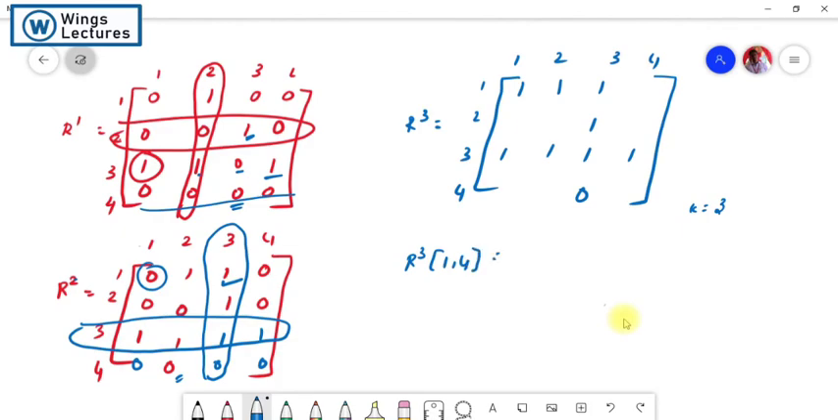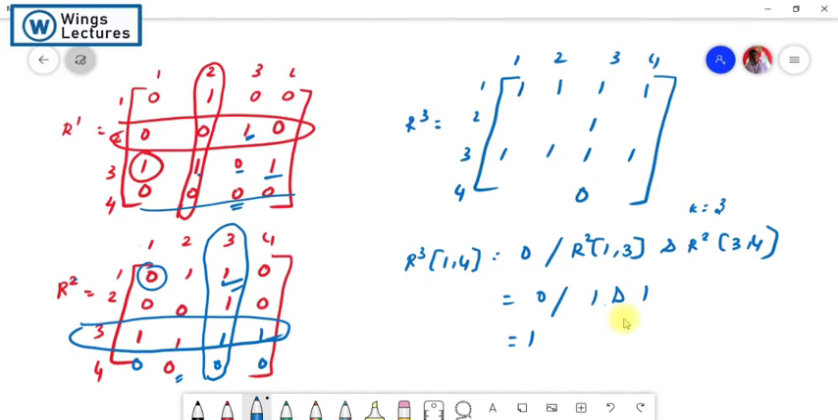So this value is already 0, so we check R2 of 1 comma 3 and R2 of 3 comma 4. Here R2 of 1 comma 3 is 1 and R2 of 3 comma 4 is 1. See this one and this, so it will be 1. And next row,